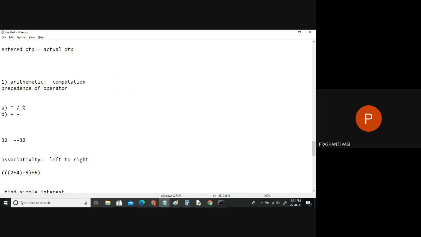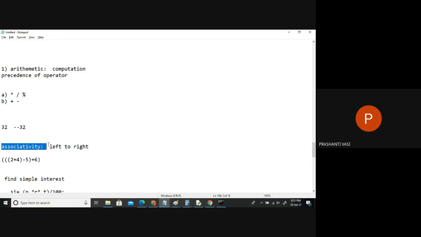We will not do the addition of these, then these, then these. It's not like that. It's not doing additions first and finally the subtraction. It is always going to solve the expressions from left to right in arithmetic. This is called associativity. Clear? So when should I go for the associativity concept? When similar operators are used. Then we have to talk about either left to right or right to left, depending upon the operators. For arithmetic, it is always left to right.